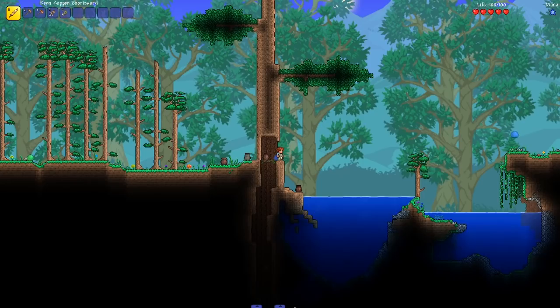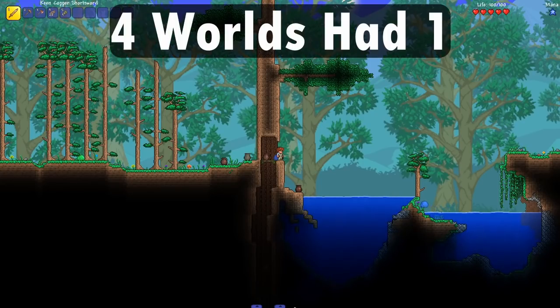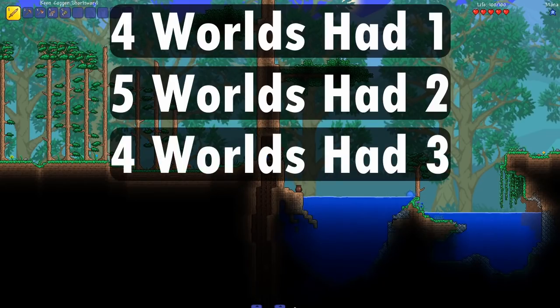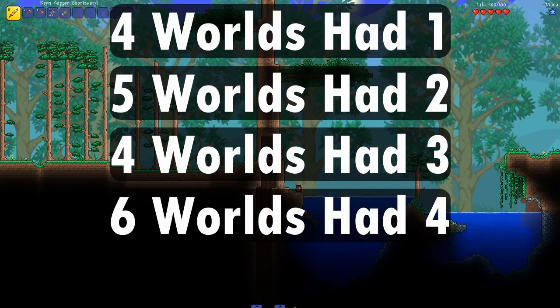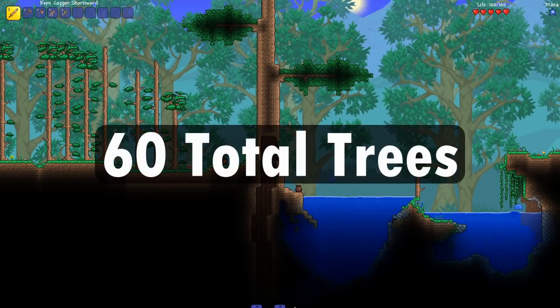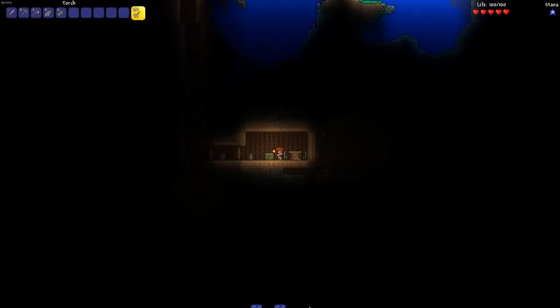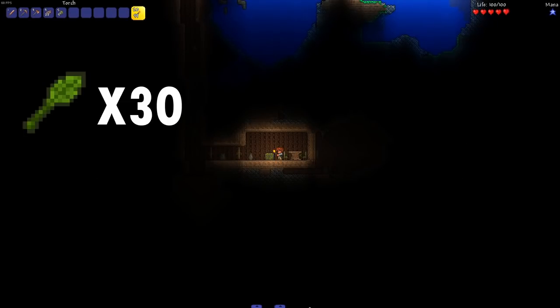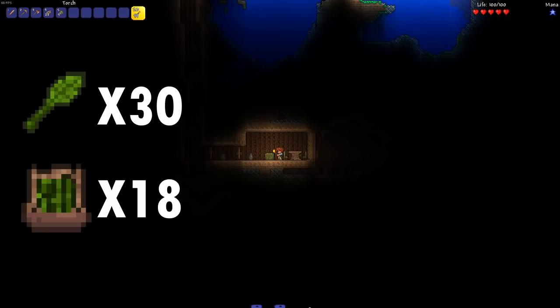tree, the breakdown being 4 worlds contained 1, 5 worlds contained 2, 4 worlds contained 3, 6 worlds contained 4, and 2 worlds contained 5. Adding this up, we get a total of 60 living trees for the large worlds. Exactly half of these trees contained a loot room, where I found 30 sets of living wands and 18 living